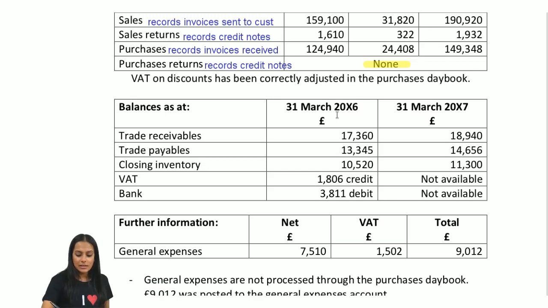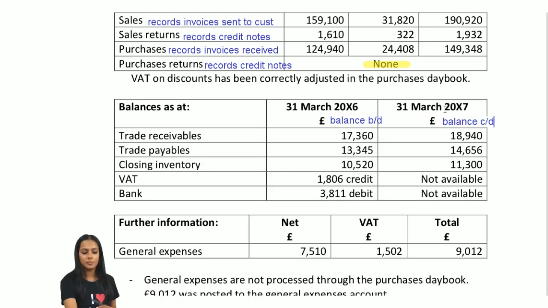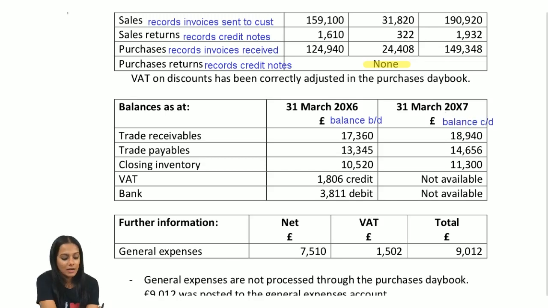March 16 will be the balances brought down, whereas March 17 represents the balances carried down. So we have here our opening balances and our closing balances. And because the examiner is testing us on reconstructing general ledger accounts, we will definitely need to know what amount